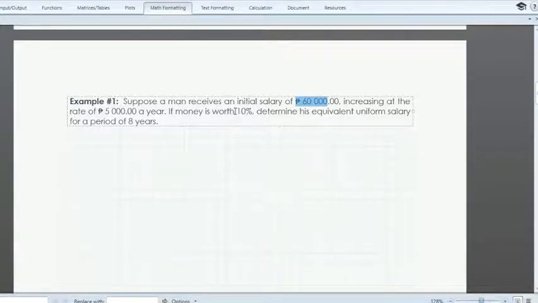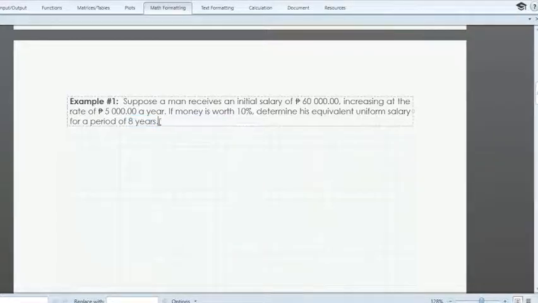Ngayon, if money is worth 10%, 10% ang interest rate, determine his equivalent uniform salary. When we say uniform, ibig sabihin pare-pareho, the same amount ng salary. Kung halimbawa, yung increasing na sahod niya, gusto mo lang malaman, magkano kaya yung uniform na sahod? Magkano kaya kung every year, pare-pareho na lang yung ibibigay ko sa kanyang sahod? Sa loob, syempre, considering yung sahod niya sa loob ng 8 years. So, dito,